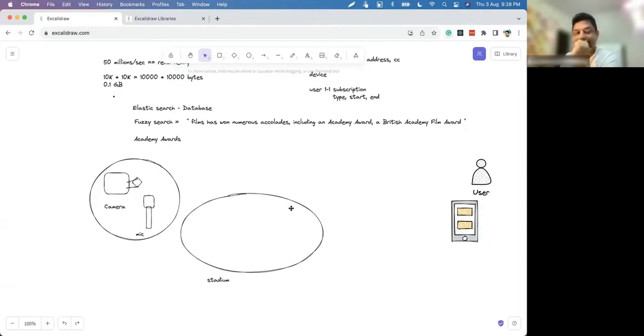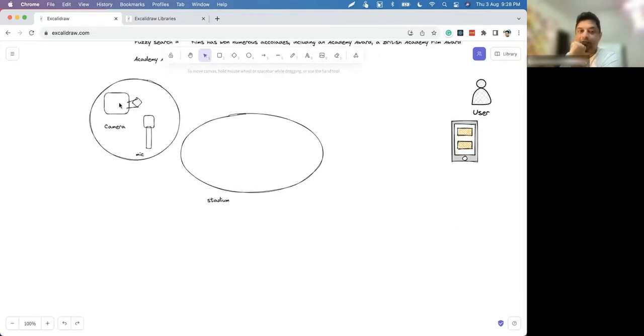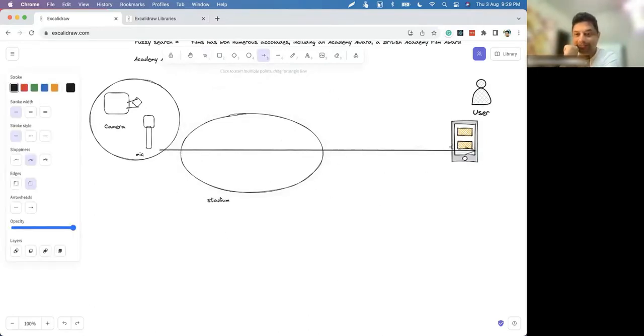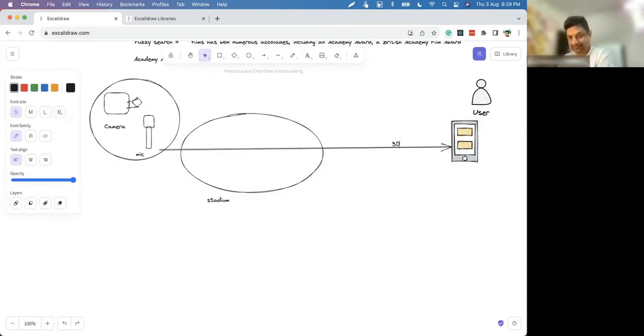You know the device, but how this image will come to this device in less than 30 seconds is the challenge. You may have to travel 10,000 kilometers. The match is being played in Australia and you are watching from India. How will this happen?